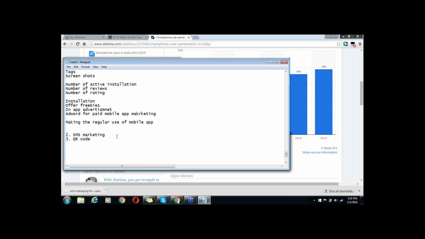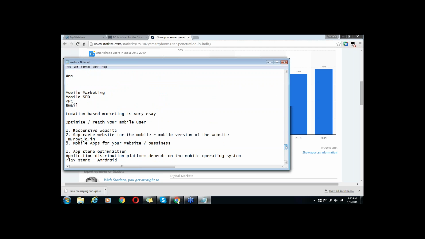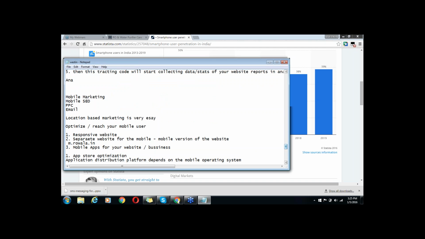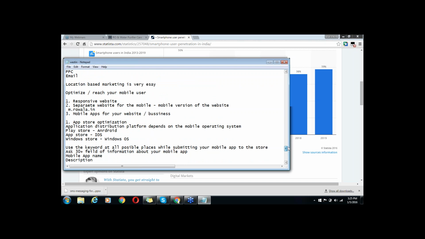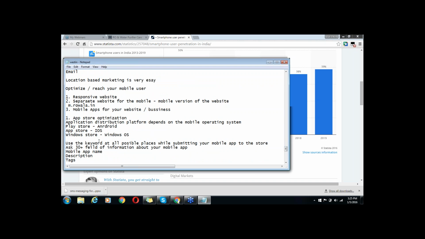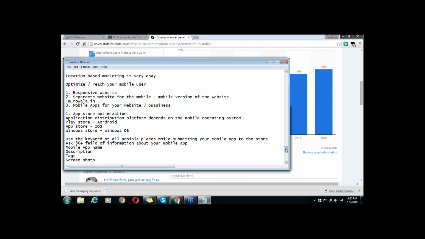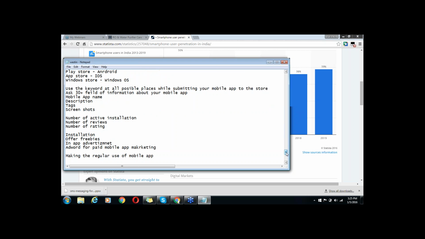So now you understand the challenges in app store optimization and what you can do to improve it. If you are starting your app store optimization, the first challenge is you have to create a minimum of three versions of the app, for Play Store, App Store and Windows. While submitting the app to the stores, you have to provide a full-fledged, keyword-friendly description of the app, so that when someone searches the keyword in the store, your app appears on top.